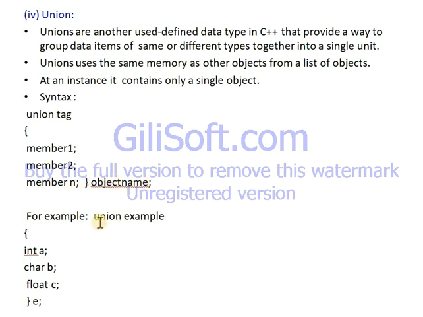For example, a union is created in which different variables are declared. The first variable is of integer type, the second is of character type, and the third is of float type. These are grouped together into a union. This is a union.